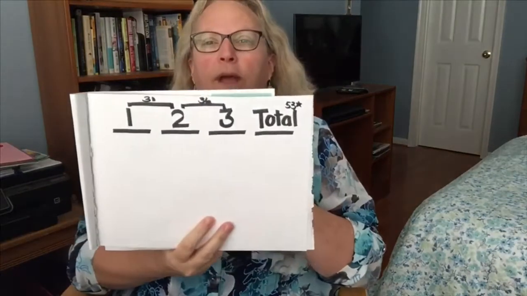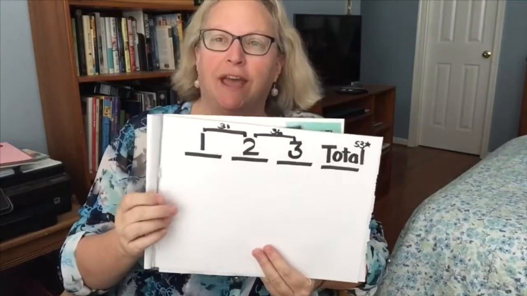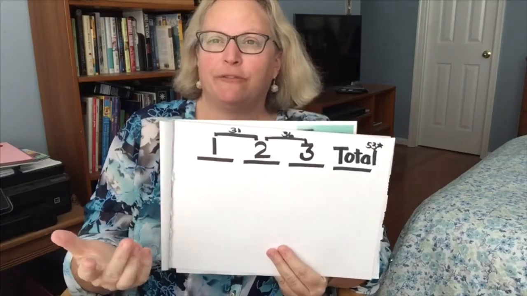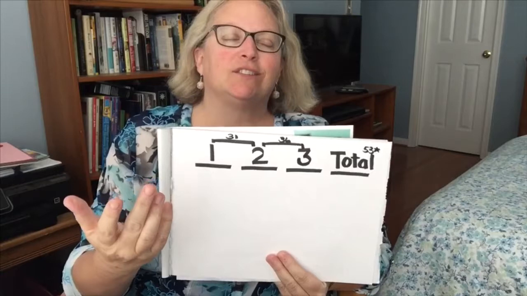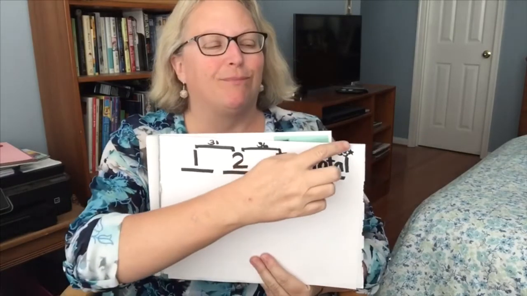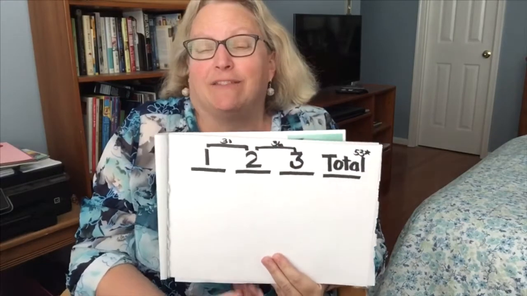Okay, so that's one little way I happen to do it. Now, because the question asks how many glasses are on the second shelf, that's where I'm going to take my first guess, and then I'm going to make everything related to that. I think it's so much easier to work with things that are sets of 10. Because I'm going for a relatively small number here, 53, I'm just going to guess 10 for the second shelf